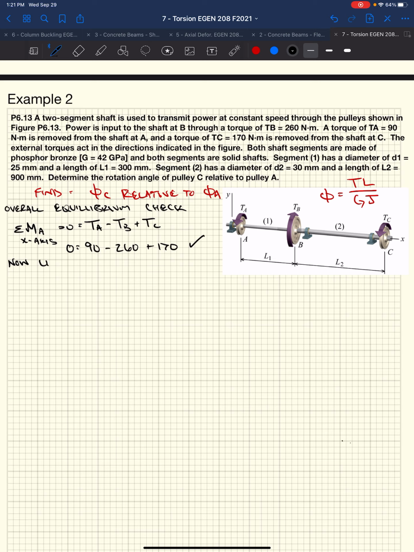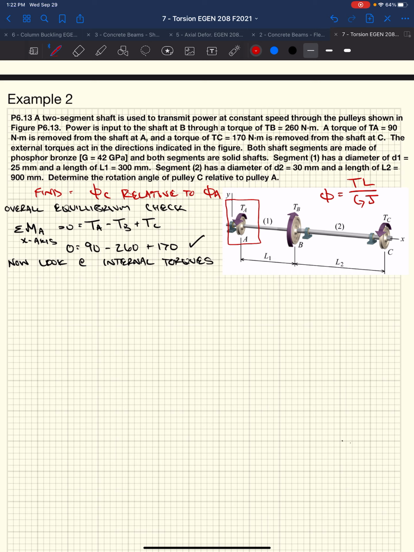So now let's look at our internal torques. We already know we ultimately want to be using this equation, in which our rotational deformation is a function of the internal torque in the shaft. So we've got TL over GJ. Well, we need to know what that internal torque is. So I'm going to look at these internal torques by cutting this system in areas that reveal the internal torques of the two shafts. So I'm going to choose to cut out